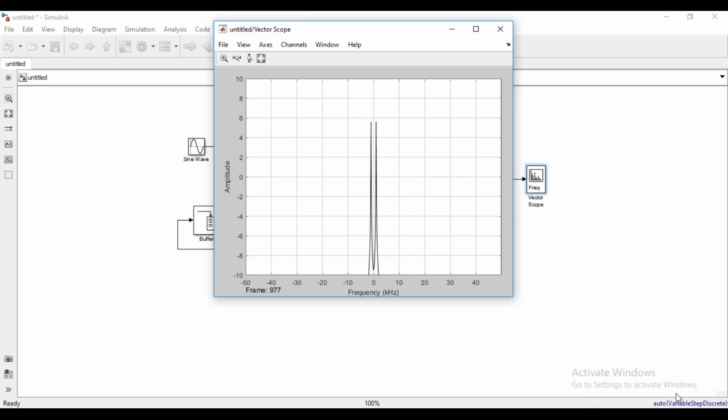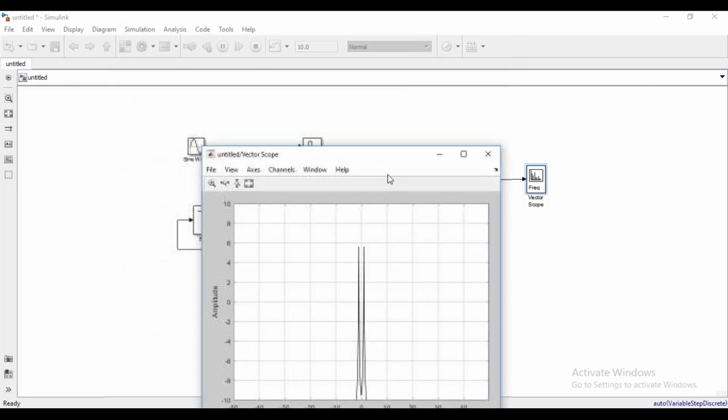So this is what we are now getting, that is the two impulses. You can see here the two lines here. These are the two impulses. You can further scale also the frequency axis to see these two a little separately, with a distance. But you can see two spikes here. These two spikes are the two frequency components of the sine wave which we have taken there. So this is what you have to visualize using the window.